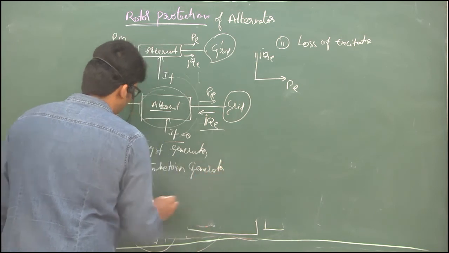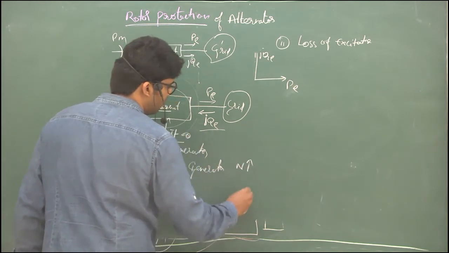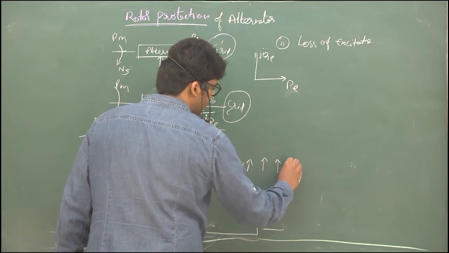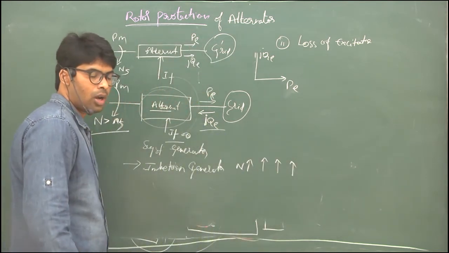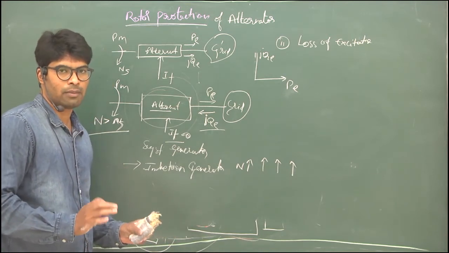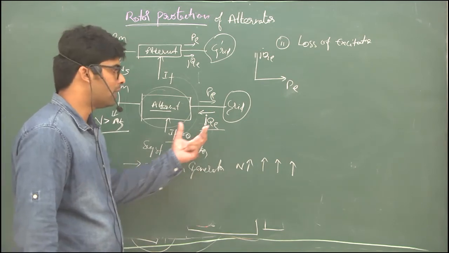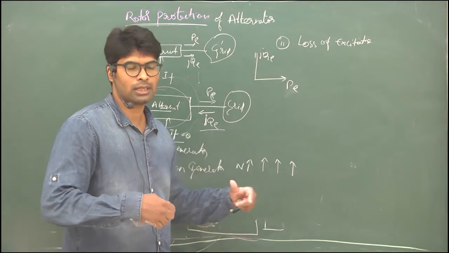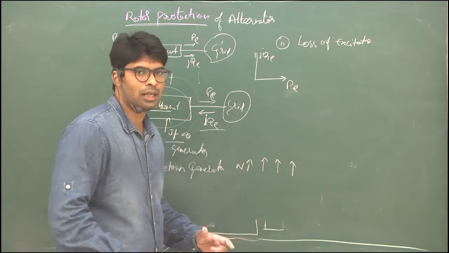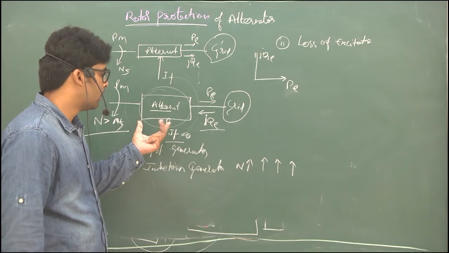So when the speed suddenly increases, the production of EMF will increase, and the production of EMF means current will increase. The current will increase means the heat will increase. All these are disadvantages. If there is a time limit, that is, if the field excitation goes to 0 and the control is kept and we restore the excitation system to normal condition, then there will be time to recover all the things, but if it is sustained,